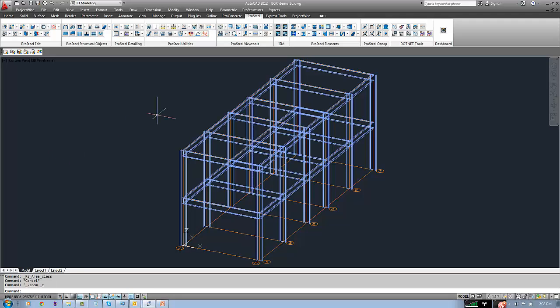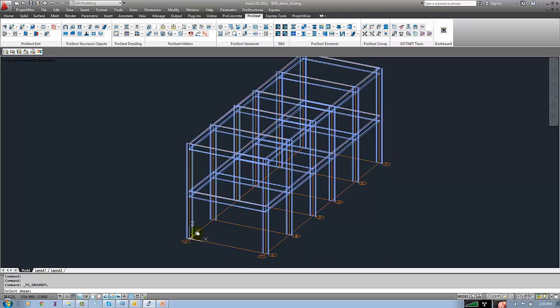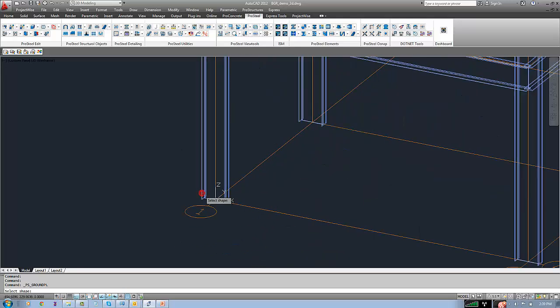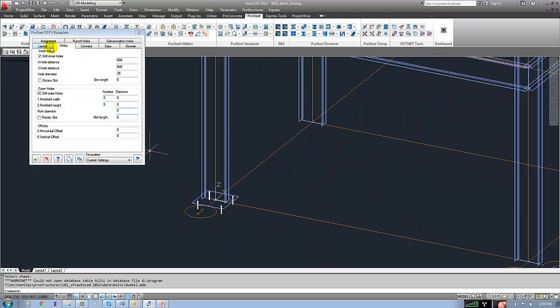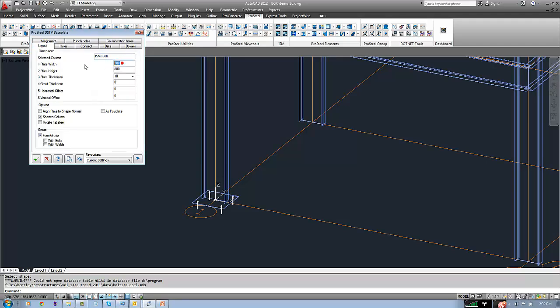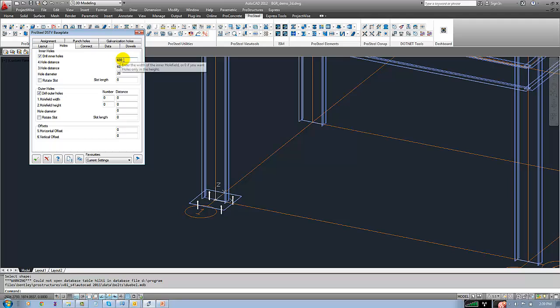Once I have done this, then I am going to place a base plate. Again it is parametric in nature, so I am going to place the base plate. How it is parametric, let's see. If I change the dimensions to 900 by 900, the same dimension will update within my model, and as well as I can change the dimension of my hole distances and hole diameter too. Okay. Now once I have changed,